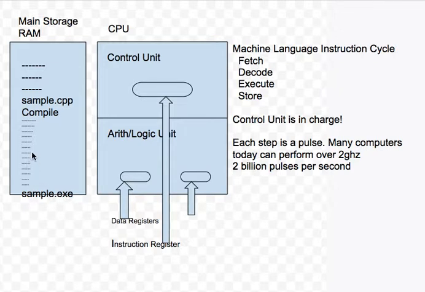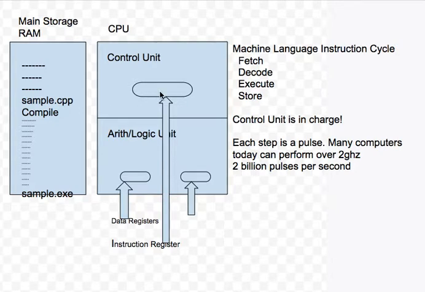Okay, now what happens to these machine language instructions? They go through something called a machine language instruction cycle, and the control unit is in charge. And there's 4 steps to the machine language instruction cycle: fetch, decode, execute, and store. Let's take a look. The control unit will fetch this first machine language instruction and put it in